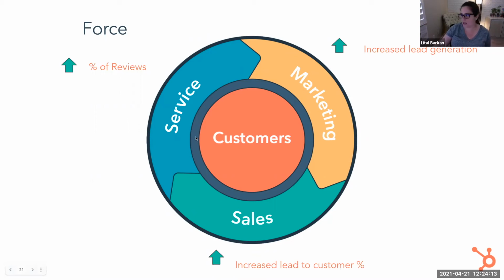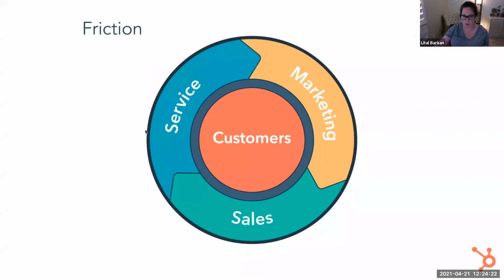However, applying this kind of force often takes resources, which we don't always have, right? Increased lead generation, doing more PPC campaigns, that all requires budget. A lot of times, reducing the friction can be as impactful as increasing the force. Now, if you can do both at the same time, that's the win-win. But let's talk about friction for a minute as well. What kind of friction is stopping your flywheel from moving faster? Go ahead and put that in the chat as well.